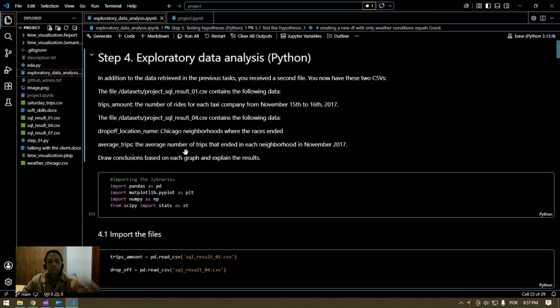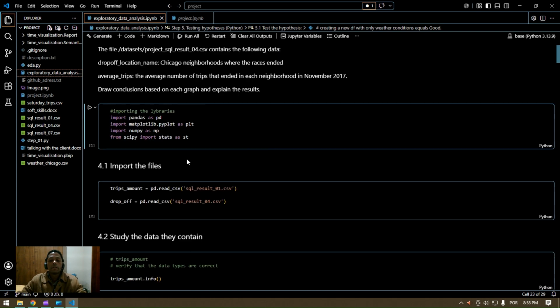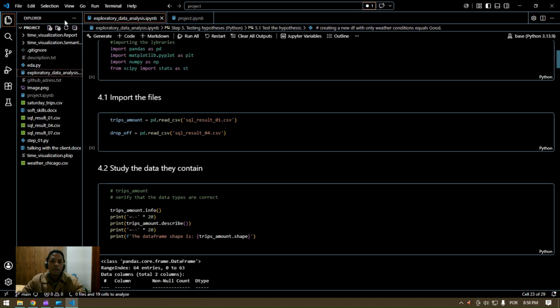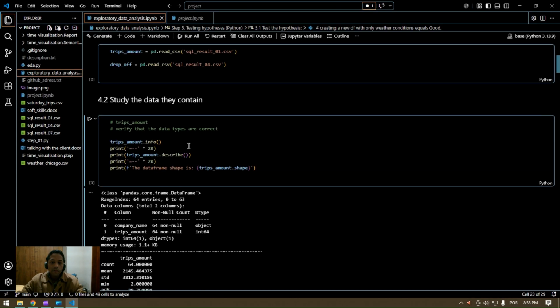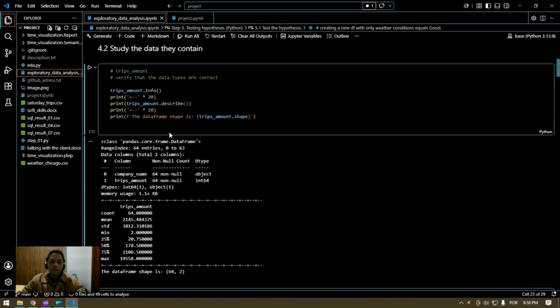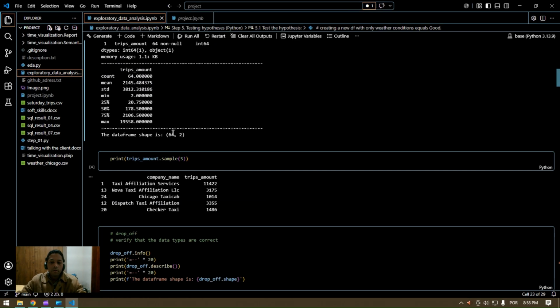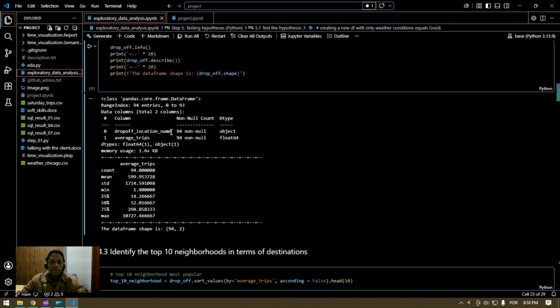Okay, basically we start checking for the quality of the CSV files, using pandas tools like .info, .describe, you know. So after checking the